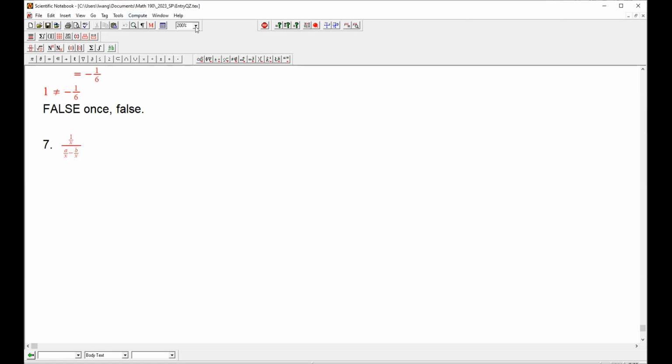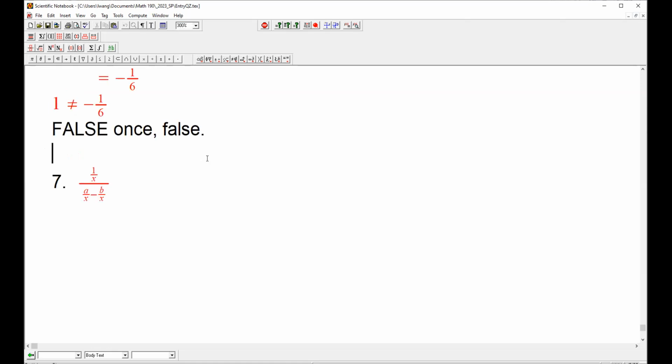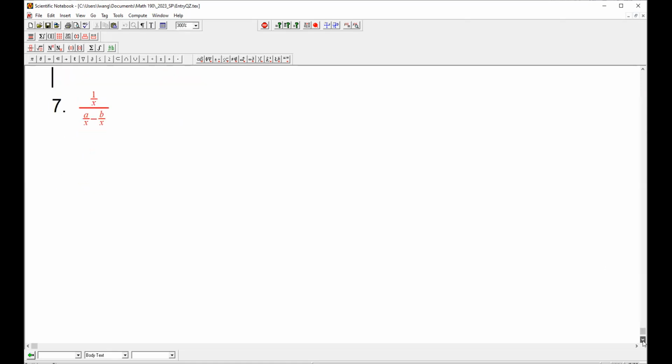Let me make the fonts larger so that hopefully it helps you see better. Is this true or false? Assume that we don't get a zero denominator. If that's guaranteed,